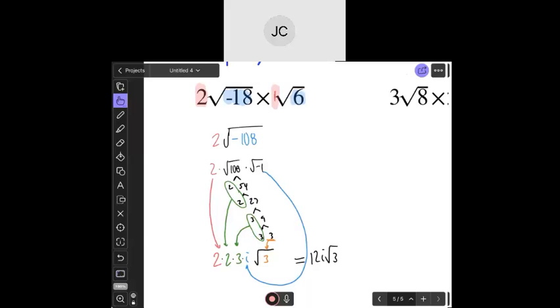You guys have a worksheet in your Google class. There's a back and the front, so just watch out for that, but it should be pretty straightforward. Just reducing your radicals, simplifying radicals. The only thing you should be using your calculator for is the division. As you're doing your trees, you shouldn't be typing that in your calculator and trying to get an answer out of it. I do want to see your work on this. But you need this skill in order to do what we're going to do tomorrow and what we're going to